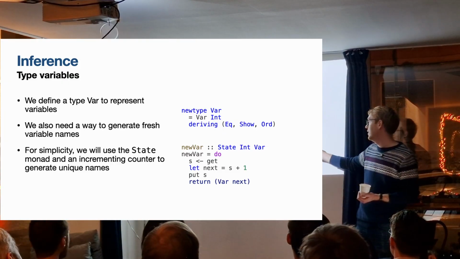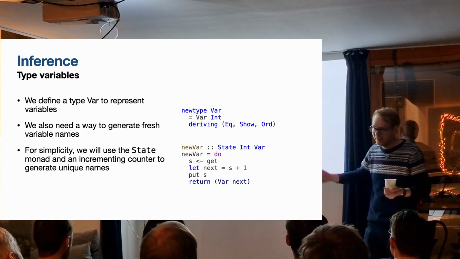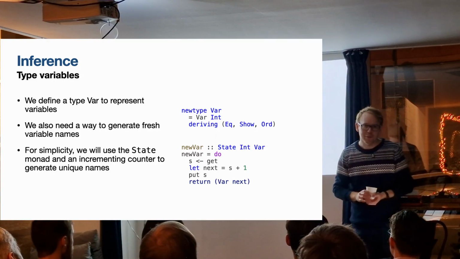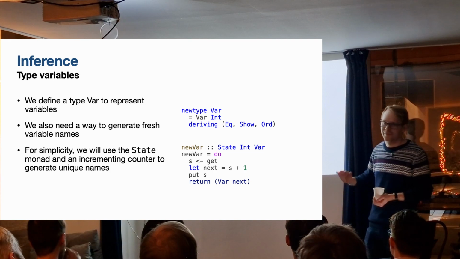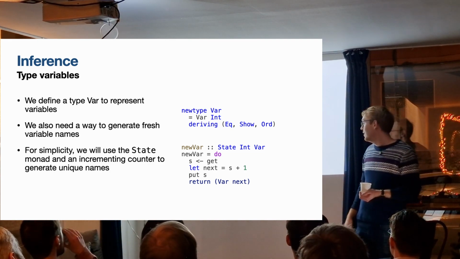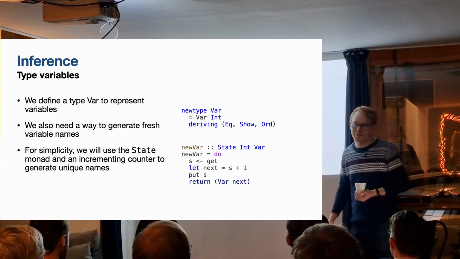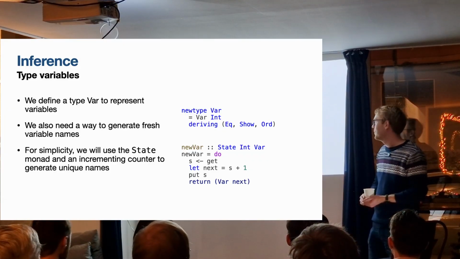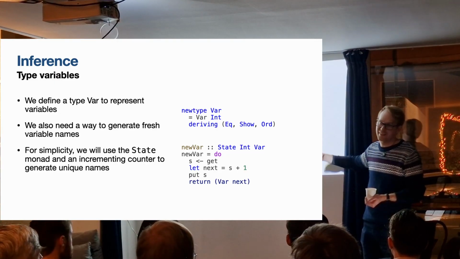So I decided to use the state monad, and I'm not a super good Haskell programmer. There's probably much better ways to do this. I heard someone say just use IO or something like that. But for this example, we will use the state monad,